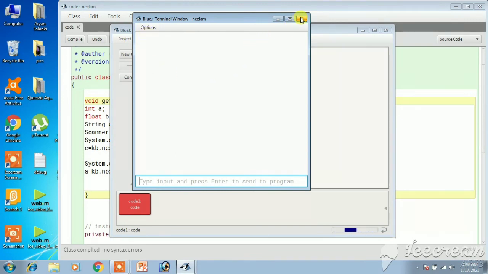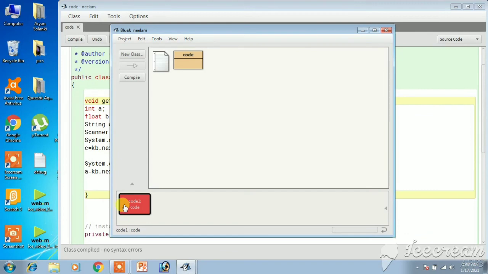Got it? Okay, here we have to enter something first. Then it is asking to enter a number. So enter any number like 100. Output you have seen, it's working as we want.